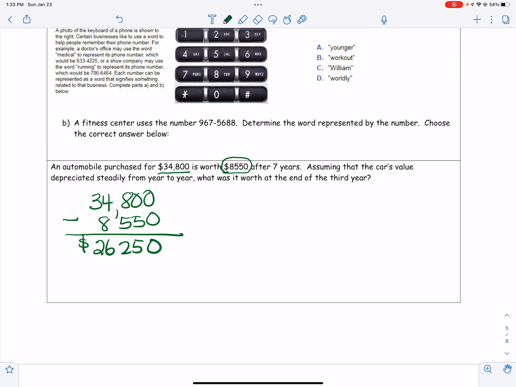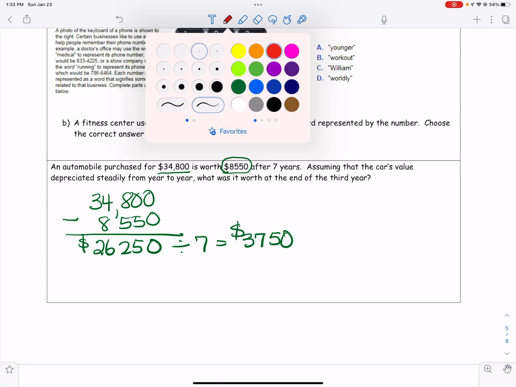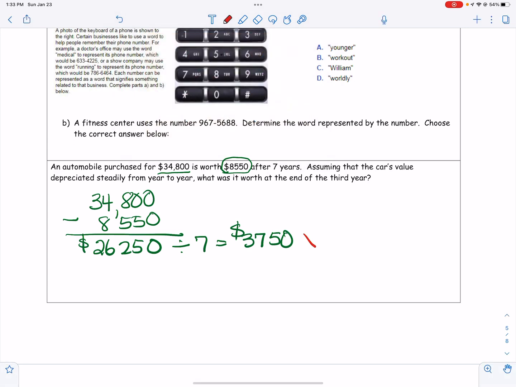So we're going to divide this number by 7, and that tells us that it depreciates $3,750 every year. Okay, so now they want to know, what is the car worth at the end of the 3rd year? So there's lots of different ways you guys can do this. I think the easiest way is to take that number times the number of years. And so in 3 years, it will depreciate